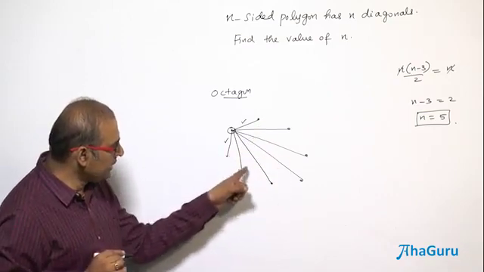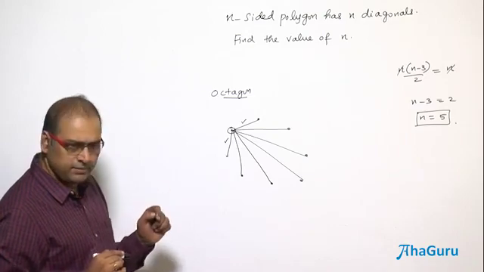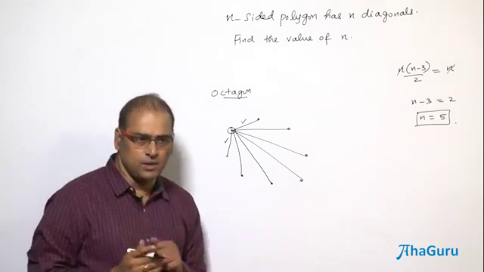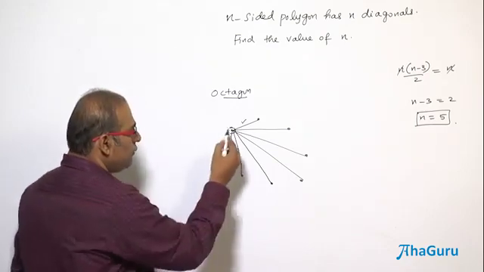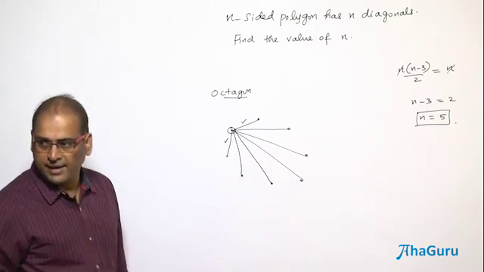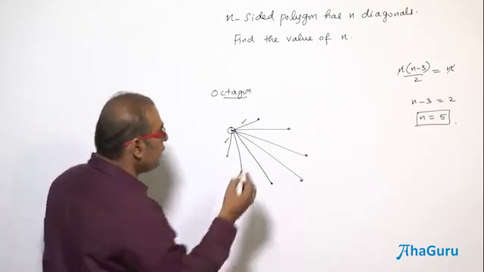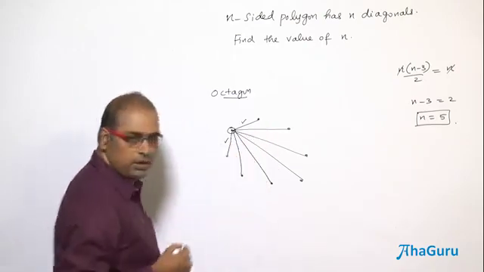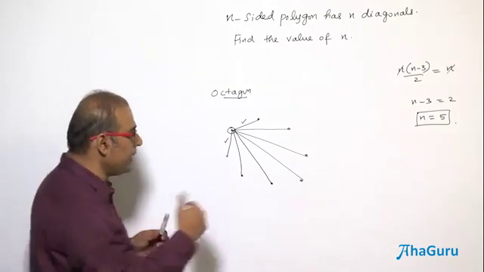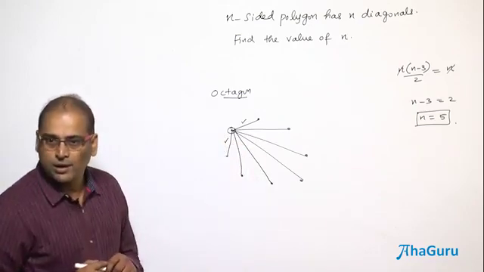How many diagonals do I get? 5. Correct? So I have got an idea now. For 2 sides, you are getting how many diagonals? 5 diagonals from a vertex. Then if you take this vertex, you will be counting 2 sides and again 5 diagonals. Of course, a diagonal will be counted twice because from here also I am counting, and there also. A side will also be counted twice.